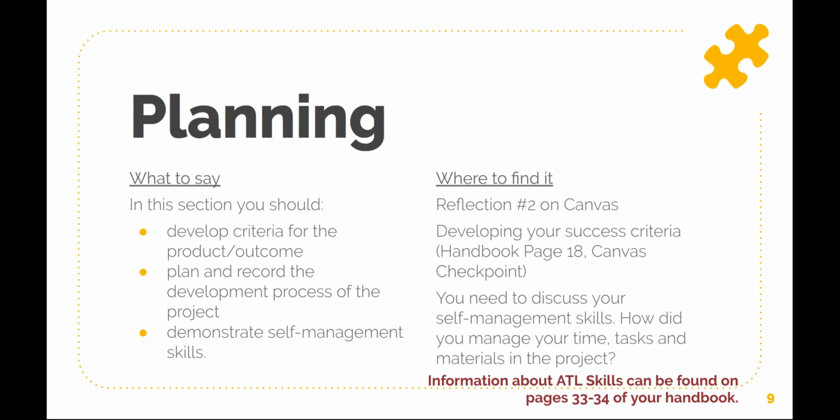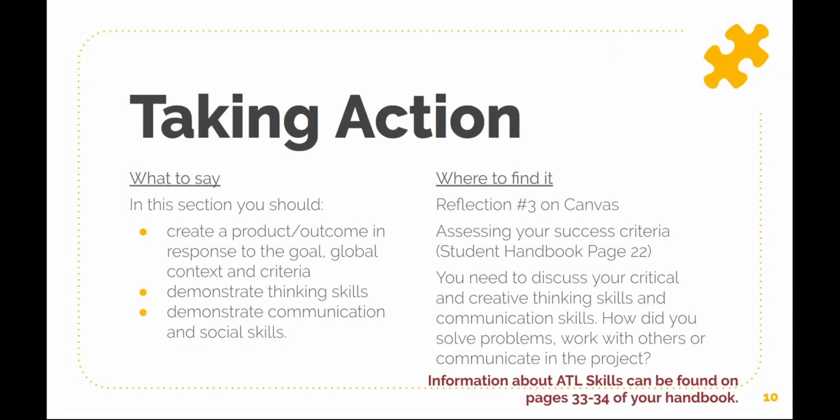The second portion of the report is focused on the planning stage. This aligns with reflection number 2 on Canvas. In this section, you should explain how you developed the criteria for your product or outcome. You should document the sources of information that you found and demonstrate self-management skills. Self-management skills include things like time management and organization. These are important skills in the course of the project, and you need to make sure that you demonstrated those